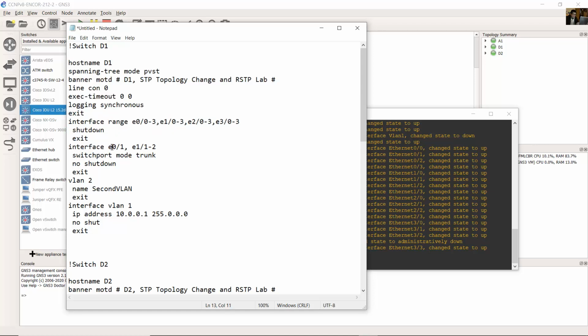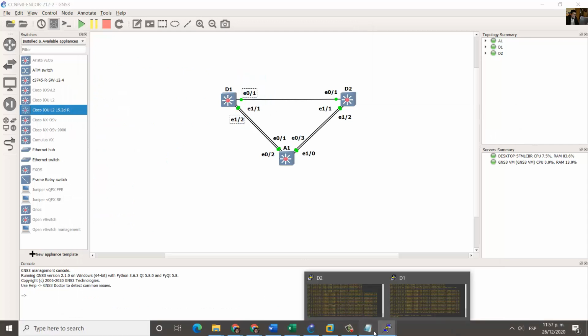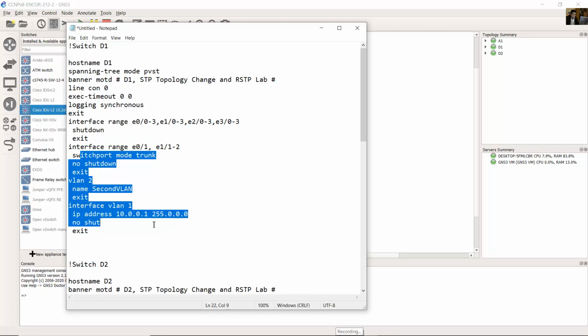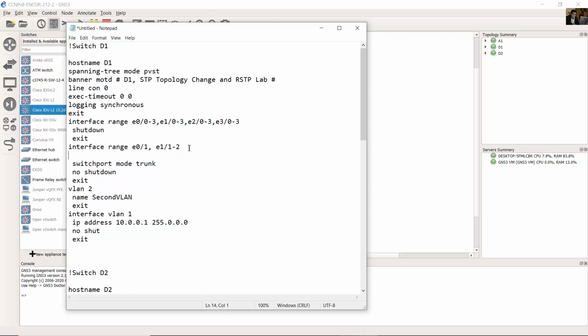Interface range 0/1, 1/1, and 1/2, trunk, no shutdown, VLAN 2, name, interface VLAN 1. Okay, but here you can do the following on these Layer 3 switches: switchport, trunk,